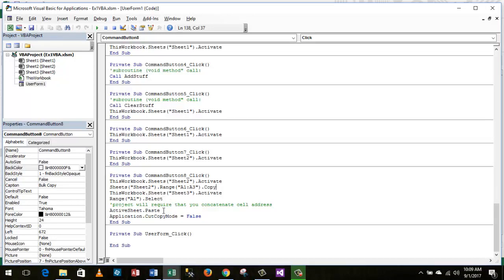And then there is a, okay, so I had copied the source data with the copy method, and once I set focus on the destination sheet, I have a way of pasting by invoking the active sheet object's paste method. And then finally,